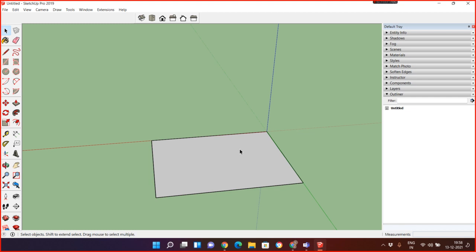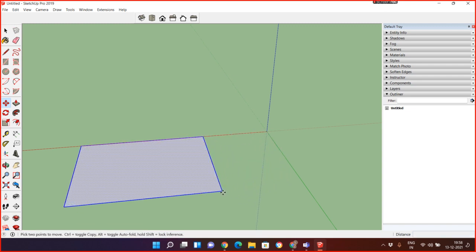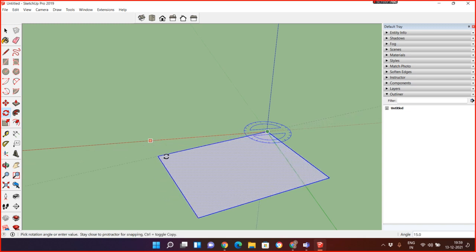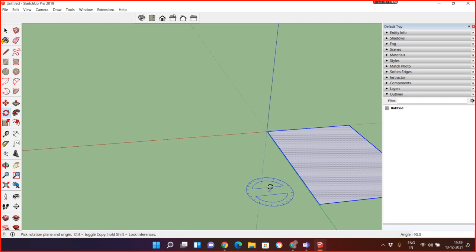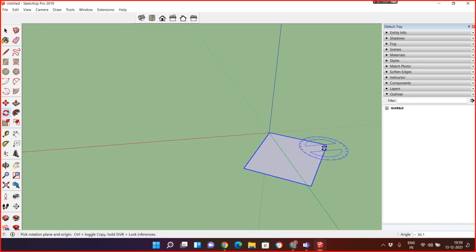The next part, I want to move, so 1 2 3, and we have the move option, or if I press M, I'm in the move tool. Now look, if you want to move from this point, just select and drag. Just select and drag. The same thing if I want to rotate, we have the rotation tool, and now just look at the rotation. Click, set the angle, and now rotate. The same thing, click this angle, just rotate. Set this angle, just rotate.